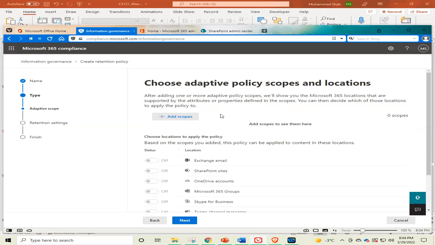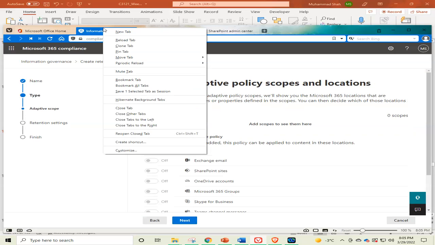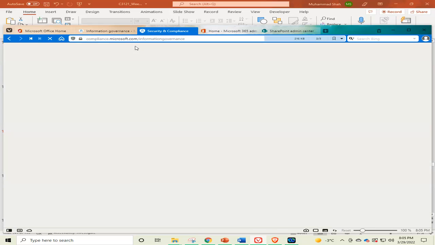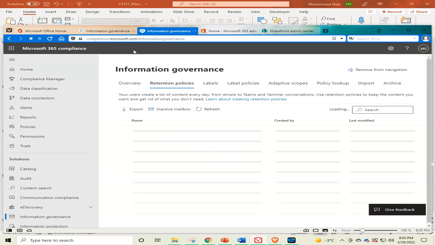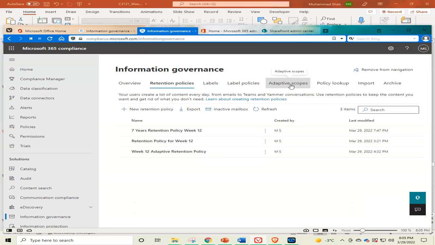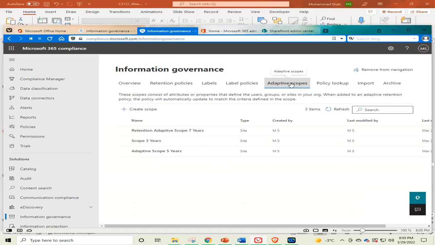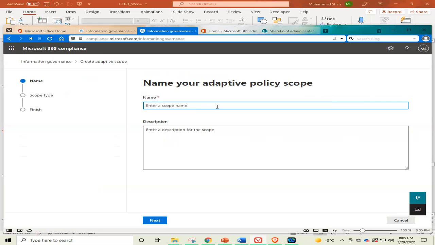So now we want to create a scope. What we can do is duplicate this tab, and we will see it will go back to the main page. There we can create the scope, adaptive scopes. Click on it. And we'll see some scopes are already there. We want to create one more. Create a scope. 12 years adaptive retention policy scope